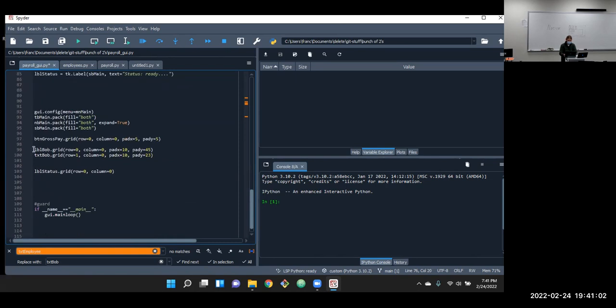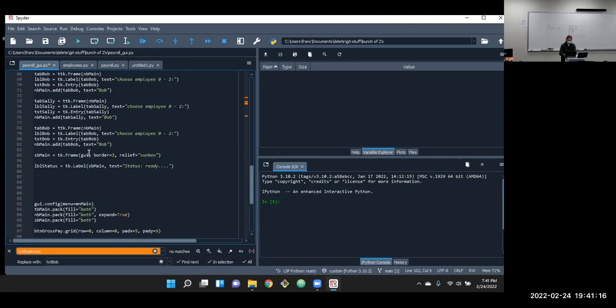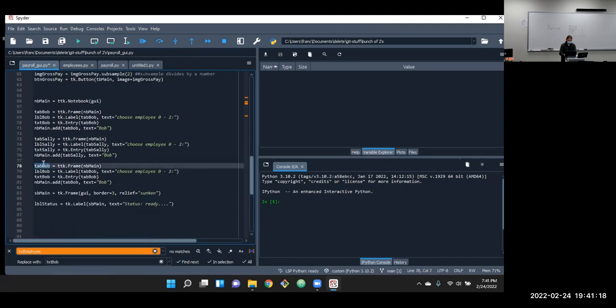And then come down here, copy that, and do the same thing for that label Sally, and text for Sally. And that's the process you're doing when doing homework. Make it work on the first one, do all the testing, and after that, just copy, make as many copies as you need, and then make the small changes.